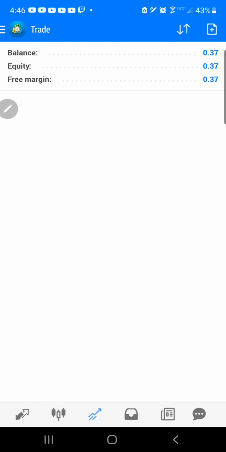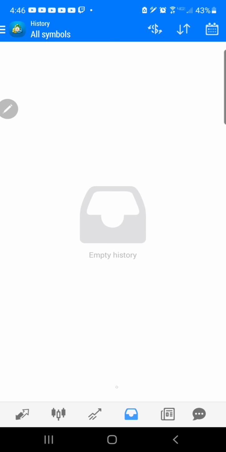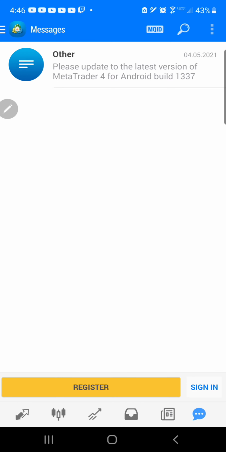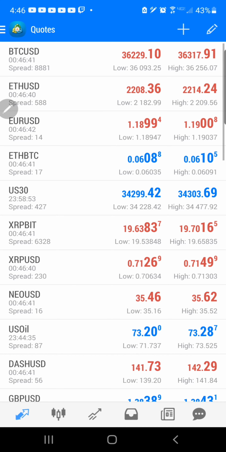This is just a burner account, so it doesn't really matter. There's 37 cents in it right now. I lost some money because I use leverage for this account, which I don't recommend doing. And again, this is not financial advice, but I do know how to use this app, so I'm just teaching you that. Okay, but anyway, you get the idea. Down here, I don't ever use that. This is just some news and whatever if you need to talk to people, I guess. Okay, so you got